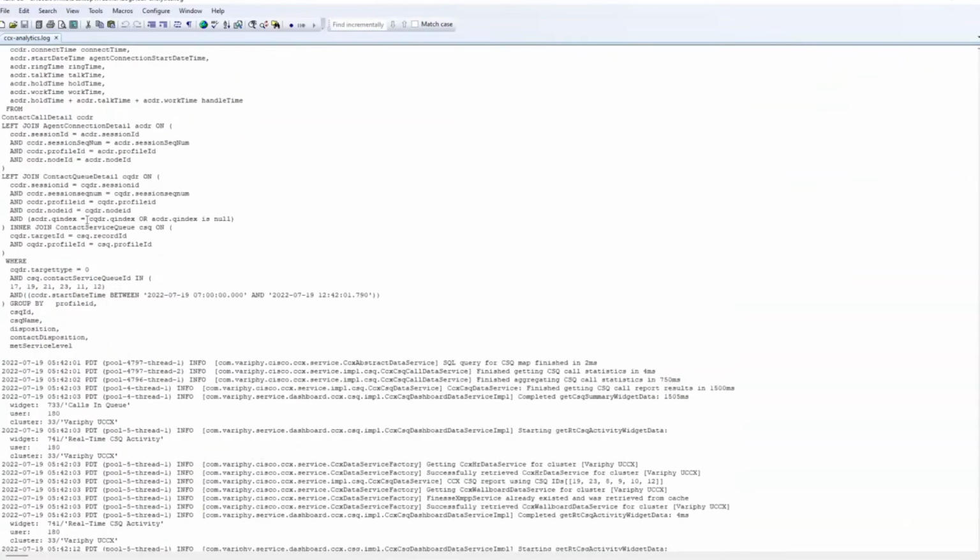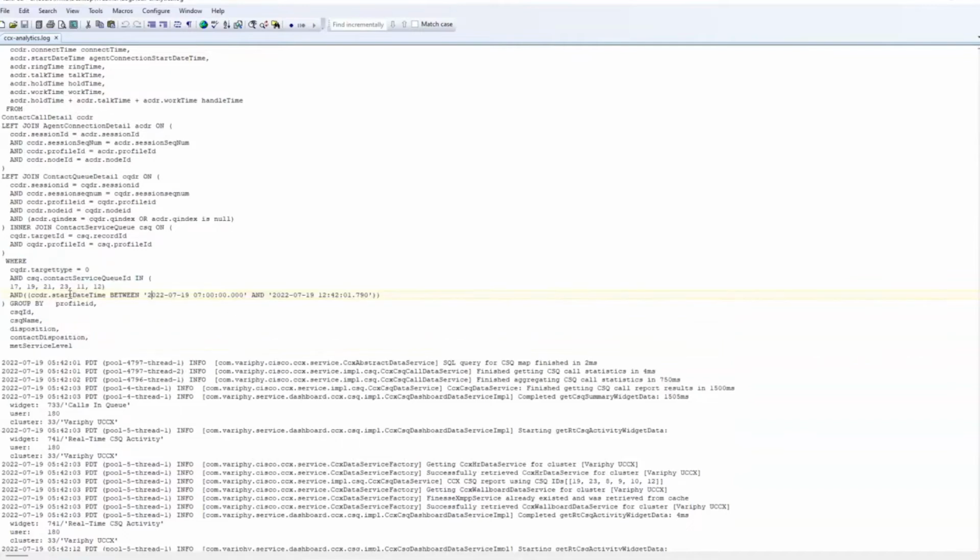I used this on a customer a couple of weeks ago where a specific agent wasn't showing up in the report. We tried different widgets, we tried different reports, we couldn't get them to appear. We ended up looking at the where clause here and deconstructing everything to figure out why the agent wasn't appearing in the report. Turns out Cisco was doing something different with the active or inactive and the inactive date stamps that was causing them not to appear.